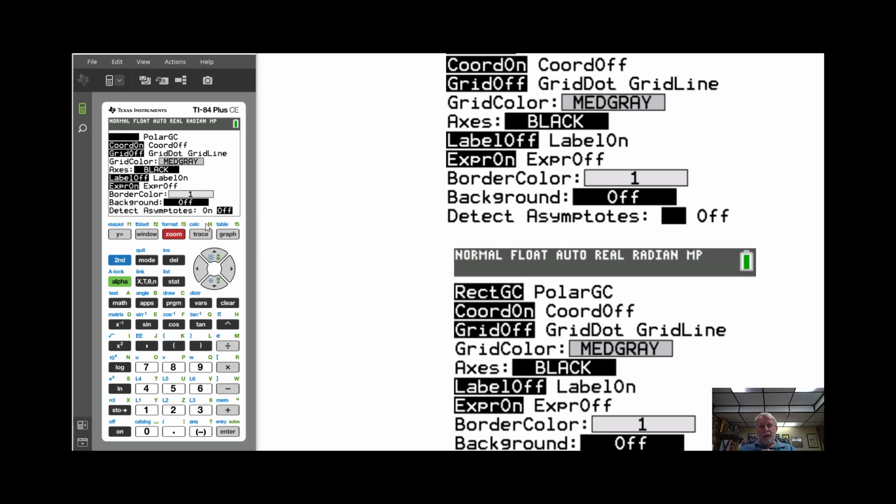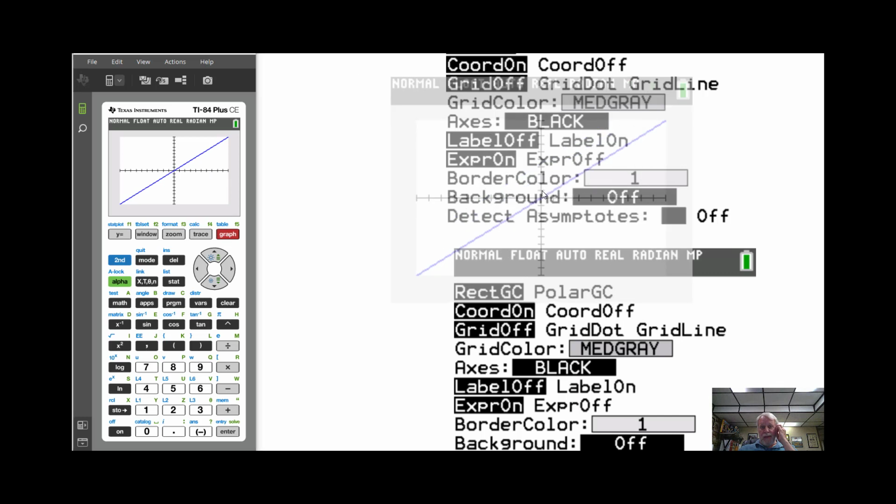So if you have a color calculator, my first suggestion is if you don't care, detect asymptotes off so that your graphing calculator goes faster. Detect asymptotes off. Okay. All right, the other thing is if you look at this graph here, there's something wrong